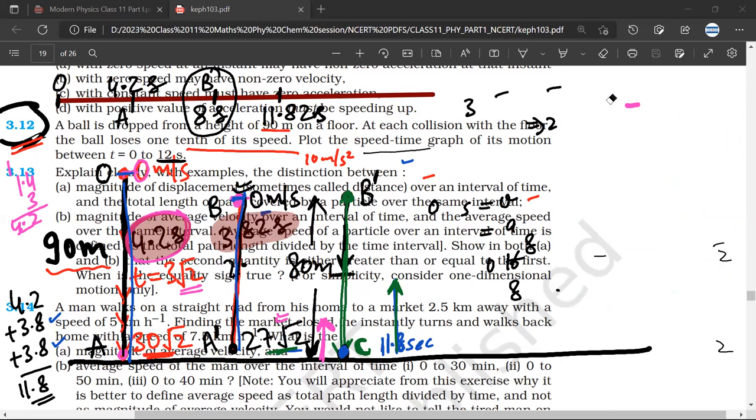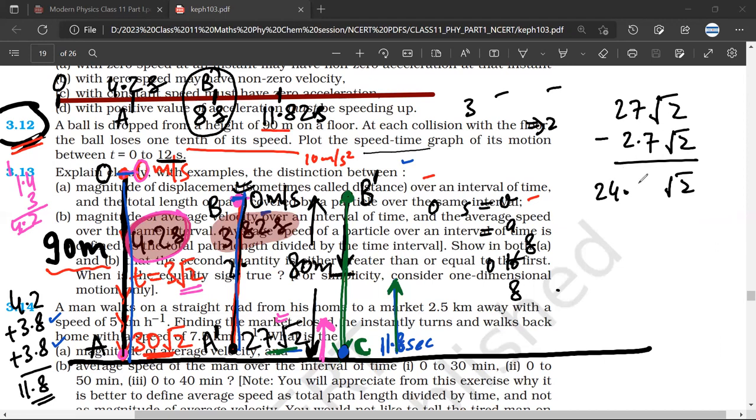So from 27 root 2, I will lose 1/10 of the velocity. So I'll have to subtract: 27 root 2 minus 2.7 root 2 will be equal to 24.3 root 2. Is it making sense? Yeah. So 24.3 root 2 would be the velocity at which it will rebound from here. Okay, so that is all that we require, because at 12 seconds